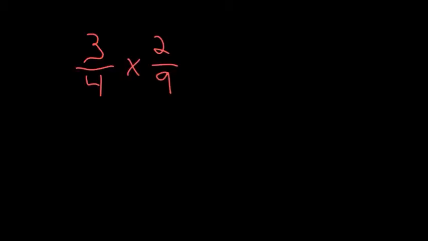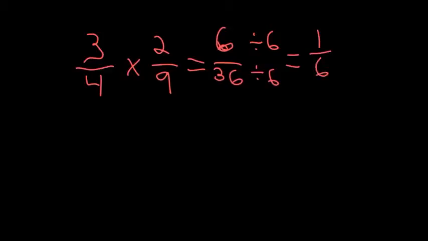Alright, let's do another one. So I have 3/4 times 2/9. So 3 times 2 is 6. 4 times 9 is 36. I can reduce that by a factor of 6 to give me 1/6. If I wanted to reduce that before I multiplied,